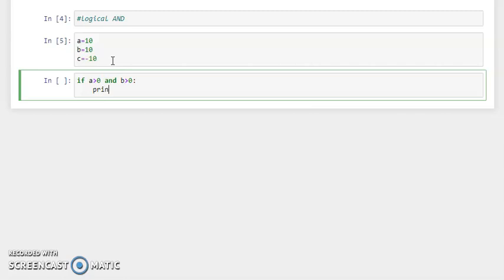Now I just wanted to print here, these numbers are greater than 0,